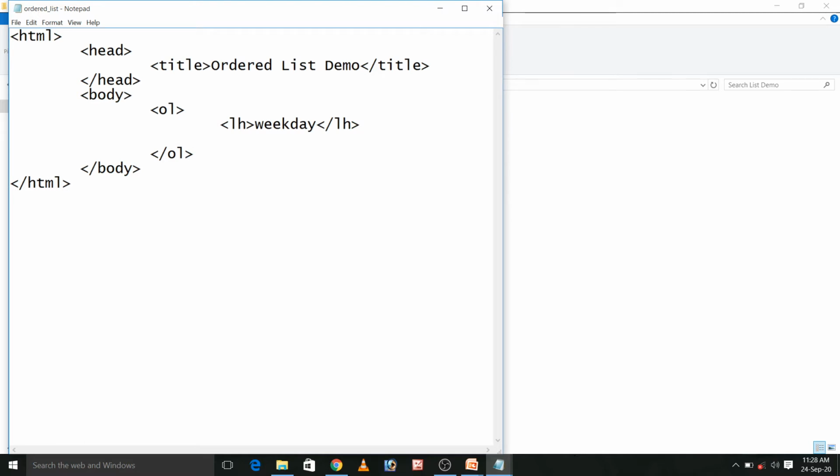Then I will list my items using the li tag. Here I write Sunday, then Monday.